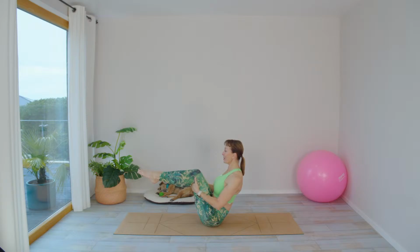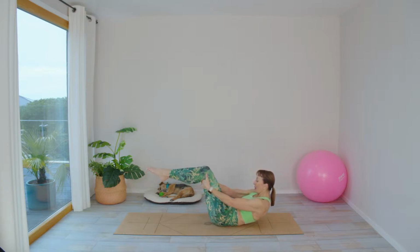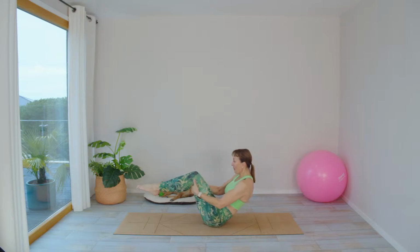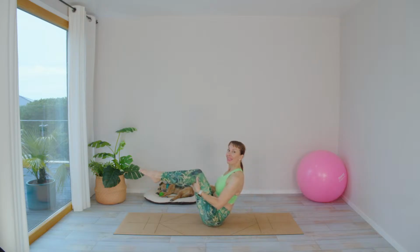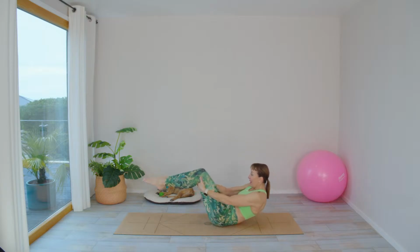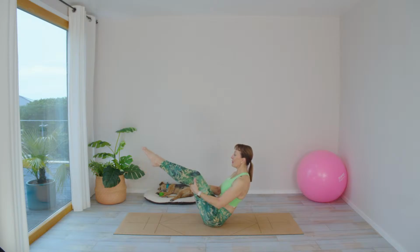Draw those shoulders down. Take a deep breath in. Exhale, keeping those legs where they are. Coming down just onto your waistband. Then you're going to inhale, come back up. Exhale, come back down. Inhale, come back up. Now you can still hold on if you want to, or you can take the challenge